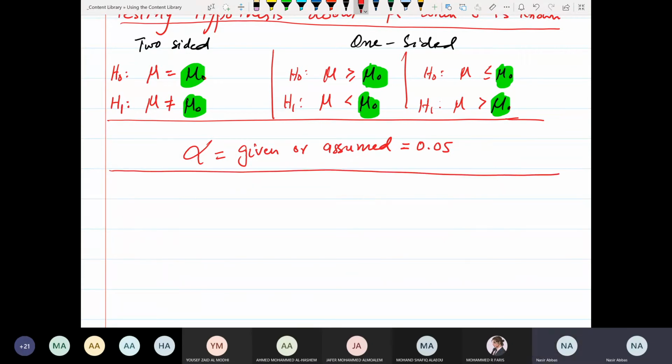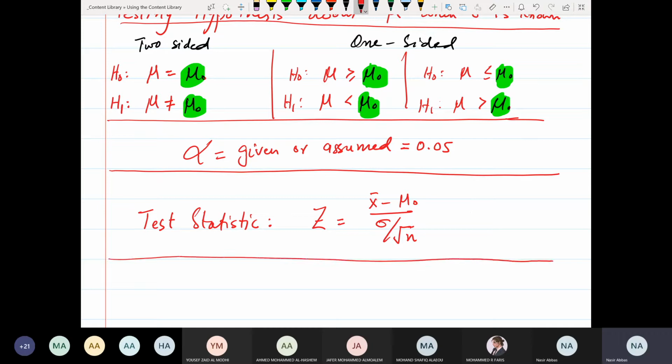The third thing is the formula that you will use to test this hypothesis. That formula is called the test statistic. And we are very well aware of which test statistic we are going to use. We are going to use this Z. The fourth step will be